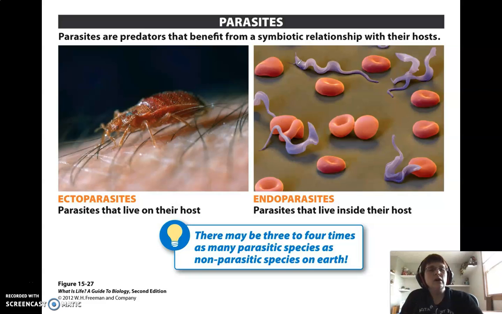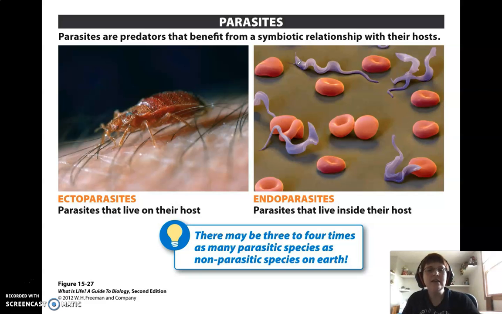The thing is that we have other endoparasites. They don't all live in our bloodstream. There are other endoparasites. So if you've ever had to take your dog or your cat in to have them treated for worms, either heartworm or intestinal worms, those worms are endoparasites. Humans can have tapeworms. So they are found in our digestive system. There are also flukes, which are found in various organisms. We'll see one of those later on.